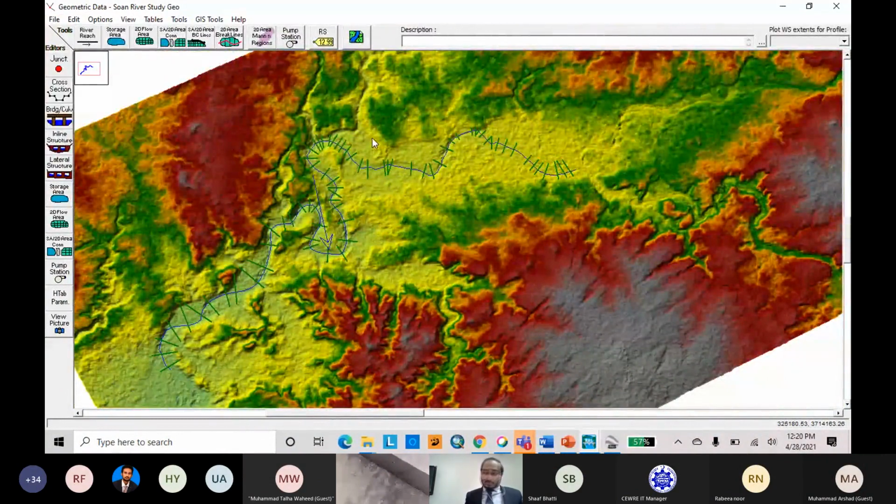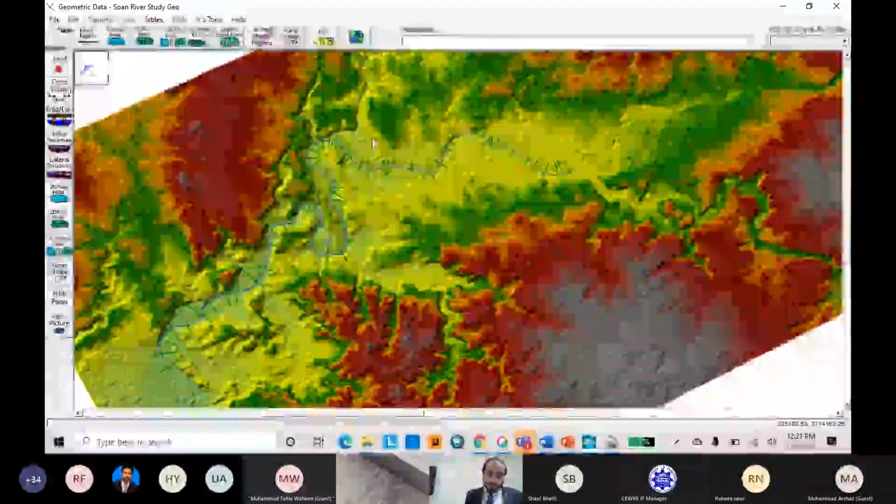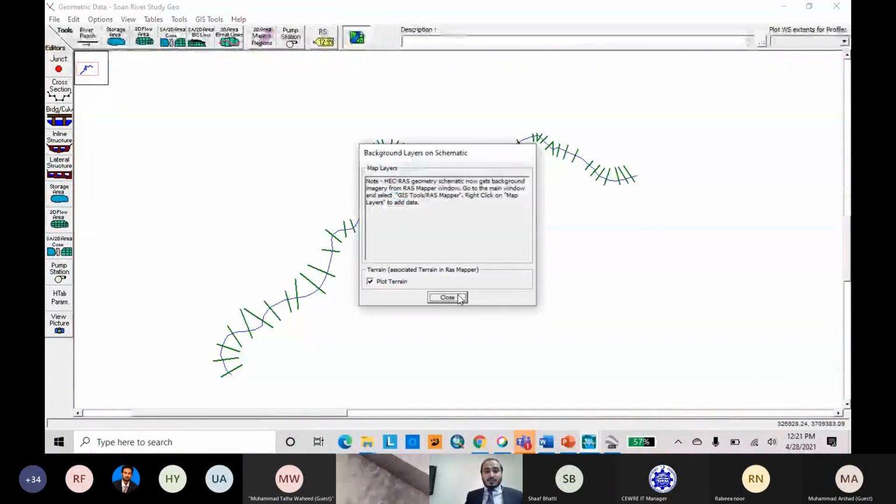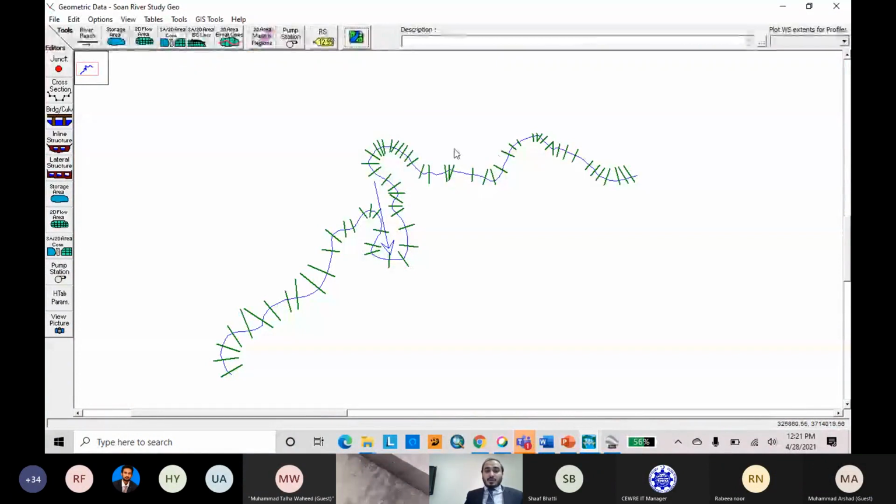The next slide, let me see. Inserting survey values of cross-section elevation. Yes, you have to manually insert your cross-section data. Here you can see that the terrain below is gone. Why is it gone?